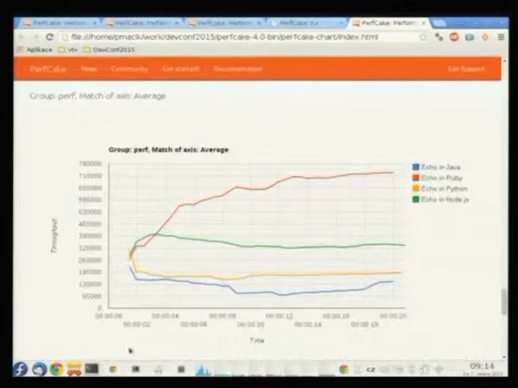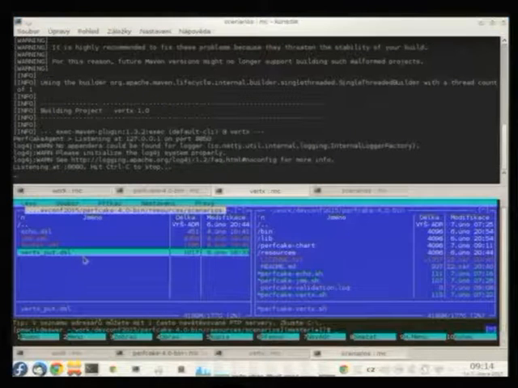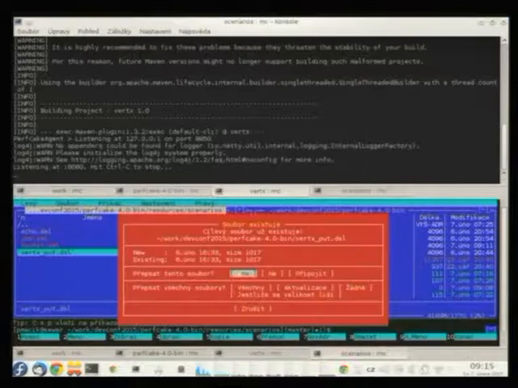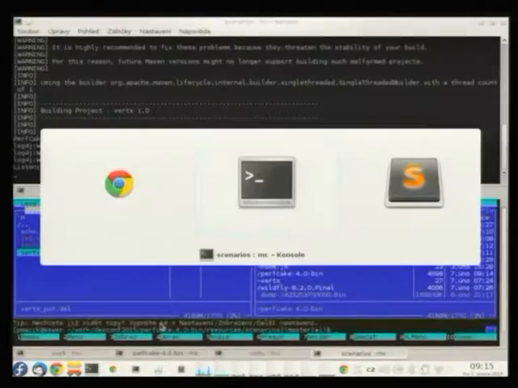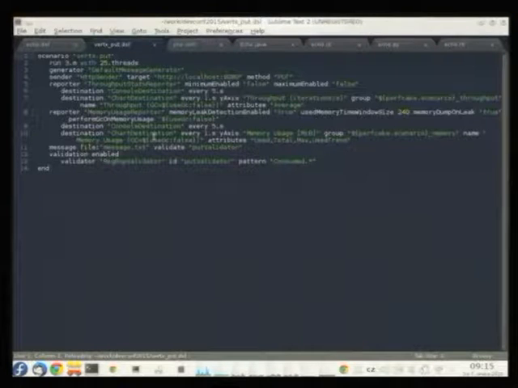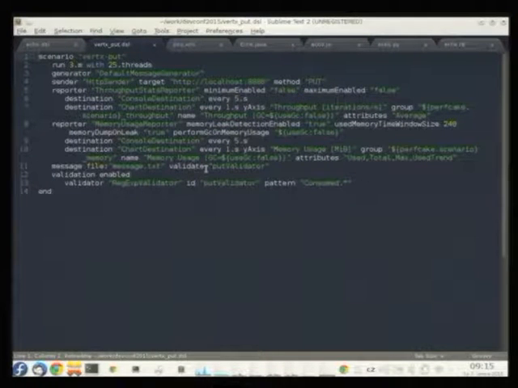Again, it's a simple scenario, and we have a service that is implemented in Java using Vert.x. It has some memory leak incorporated. We put it in there so we know it is there. And we would like to show you how you can find this out with PerfCake.